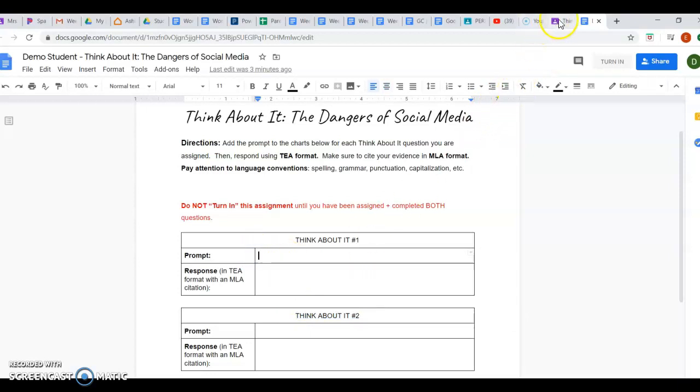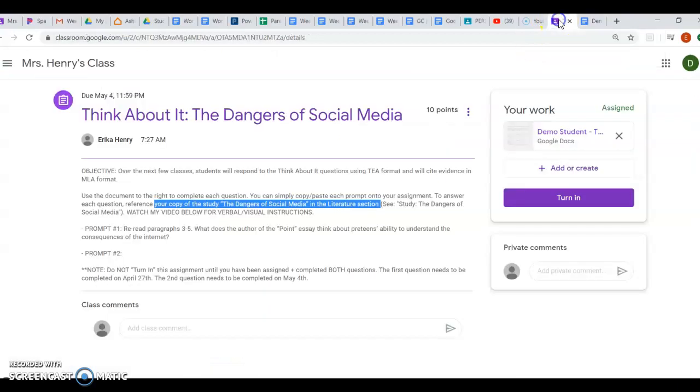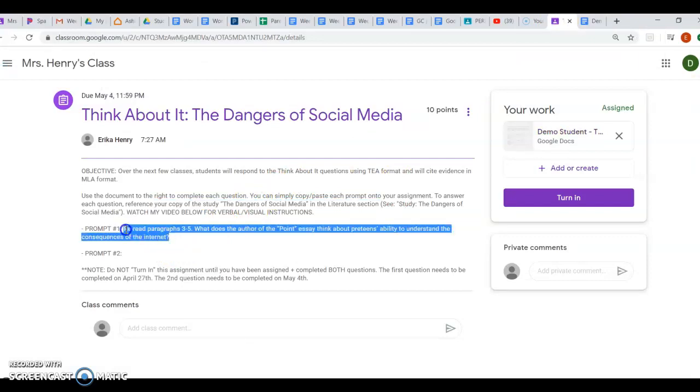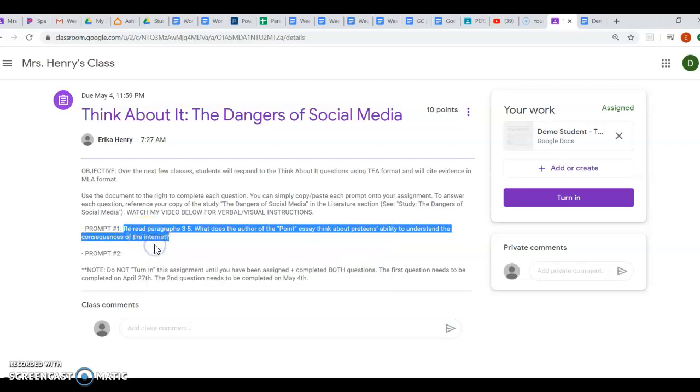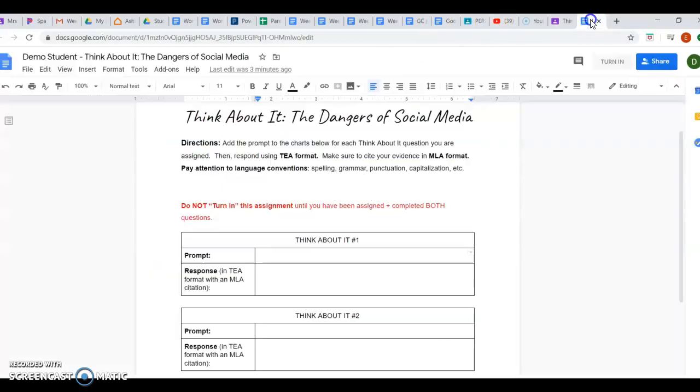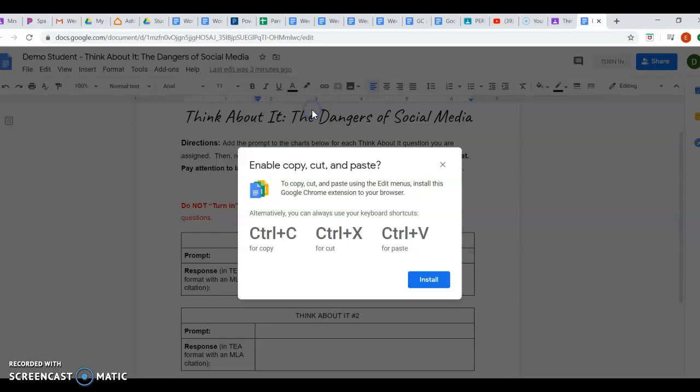Okay, so to do this, we need to fill in the prompt. Let's just go back into the assignment. We can highlight it. I click on it, I drag and right click, copy, and add it to our worksheet. Paste.